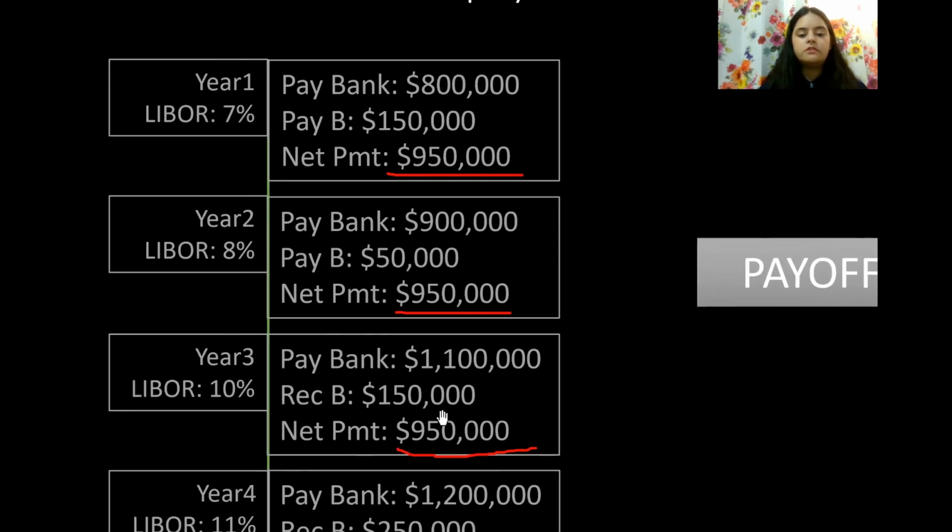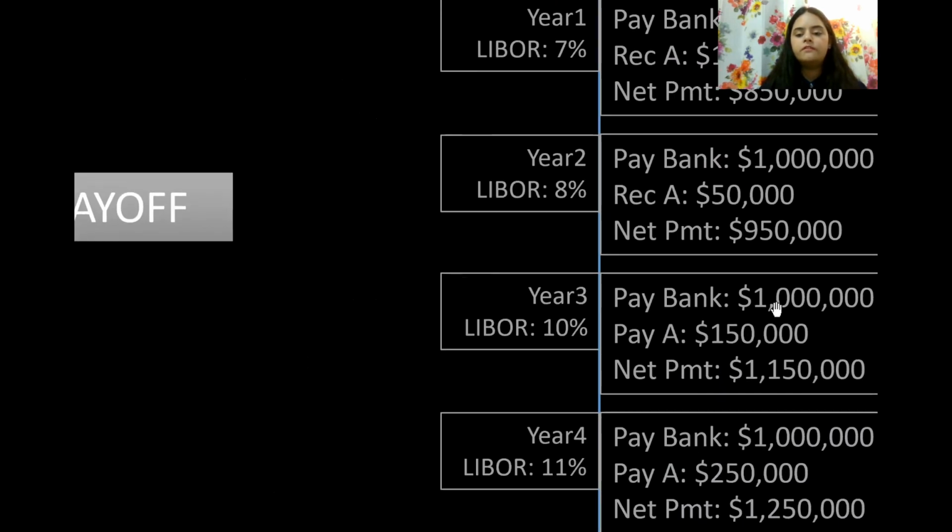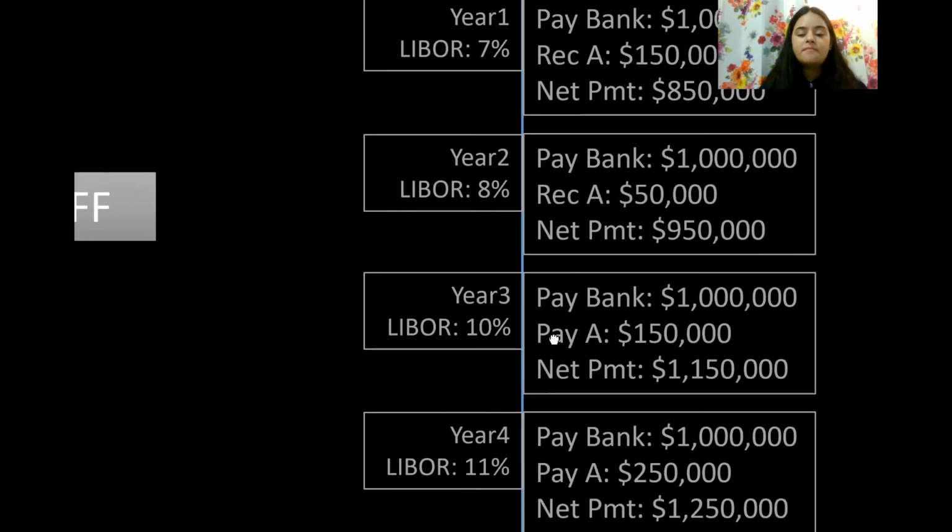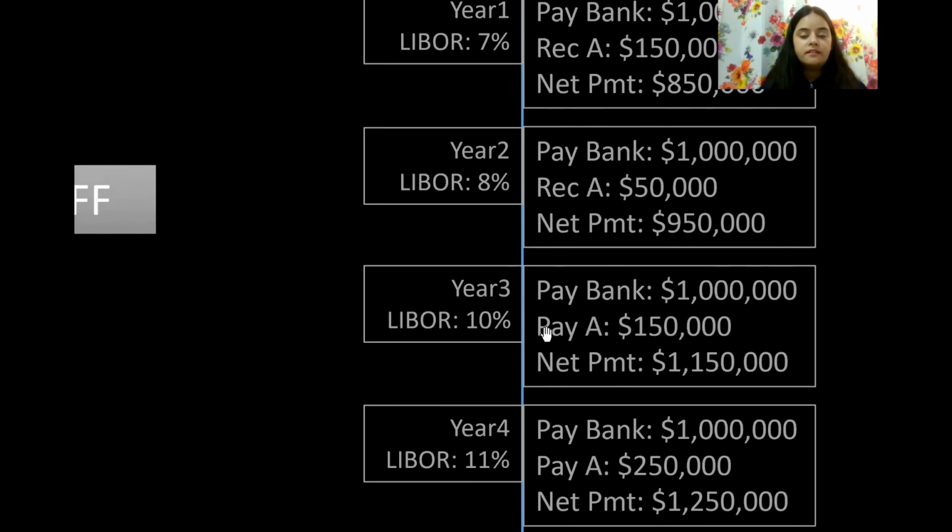B pays A $150,000. The net cash outflow for company B is $1,150,000. And likewise in year four, the payments have further increased because it has entered into a swap to effectively